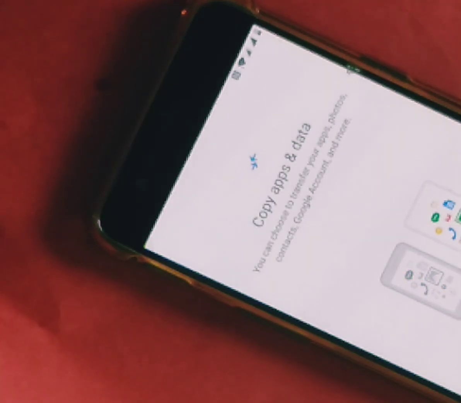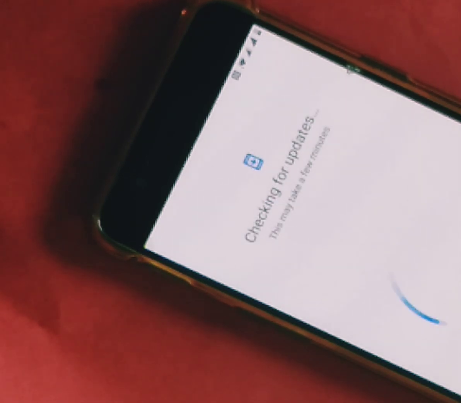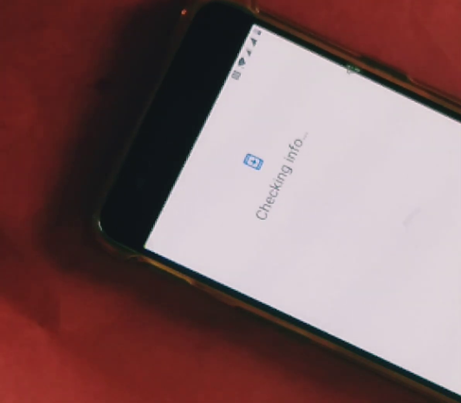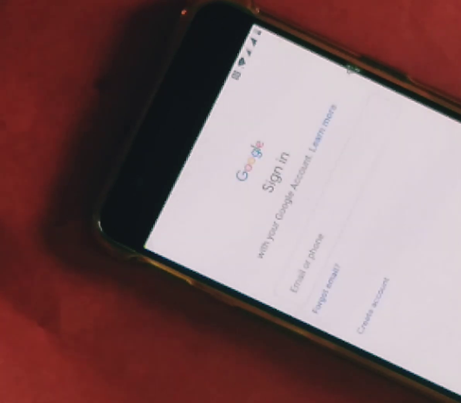Now it's asking if you want to copy the data and apps. So I don't want to copy because I want like a totally new phone, which I would sign up for everything that I want. You guys can copy the data from your last phone if you want. If you do that, you'll just get a smoother playback, because I'm just not copying the old data. Now let's just wait.